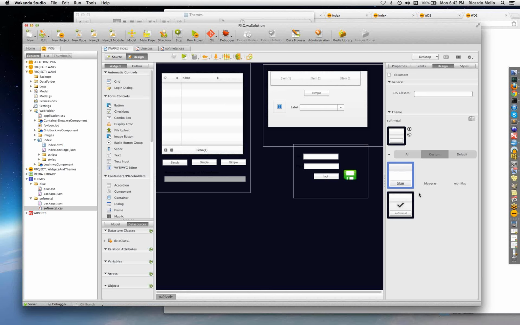You just duplicate your theme, save, change on the left panel, go for the CSS, change the color, change your degradé, change the way that you want to render your image or your elements, save, and then you have your theme to use in many projects. And if I open another project, that's something that I didn't show, if I close this project now,